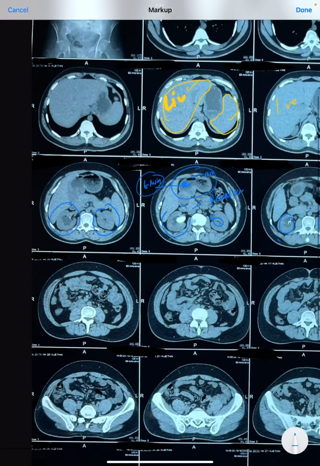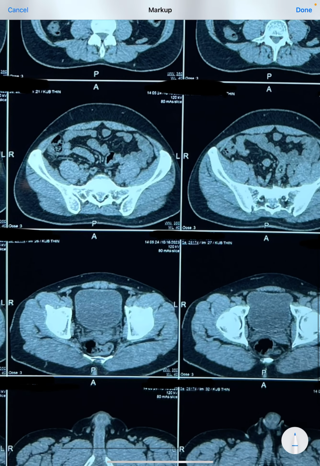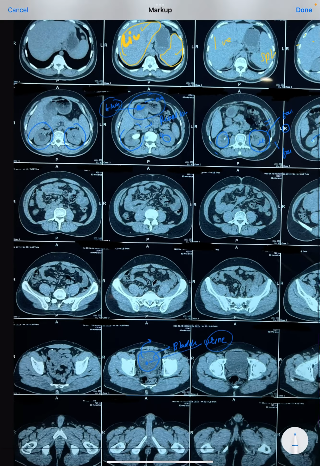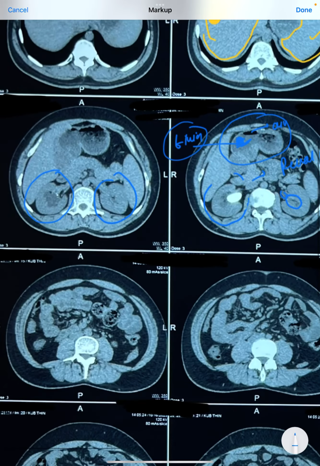You can again see this is the bladder. This is the bladder in the pelvis, and this is all filled with urine. So this is all fluid. So this is the bladder, this is the urine, this is the radio opacity of the liquid. The same radio opacity of the liquid is seen here. So this is the right kidney, but on the left there is not any fluid radio opacity